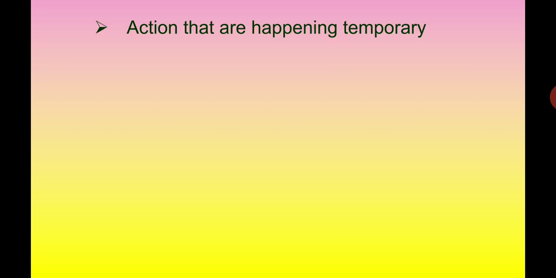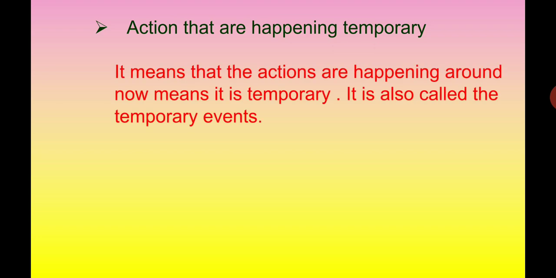Let's see. Next is actions that are happening temporarily. It means that the actions are happening around now, means it is temporary. It is not a permanent action. It is called temporary events. It is on a temporary basis. Today